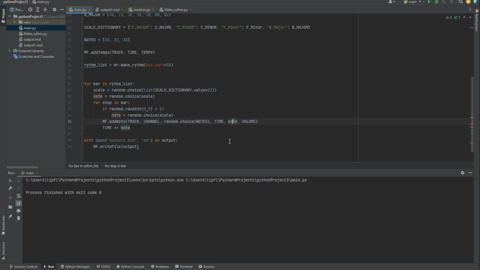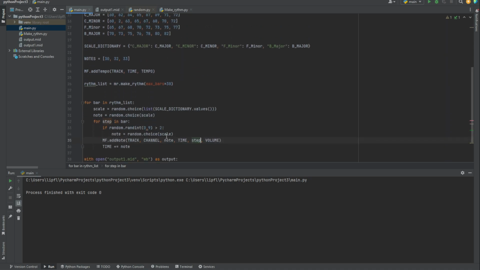The problem is that node is the wrong argument. Here's the argument pitch, which should be in the node. Now I have kinda broke my tongue. The node, which is a random choice, should be this argument, and this argument should be step, because this argument decides how long the duration is, and this argument decides which node we take. So again,